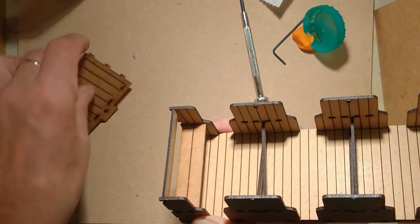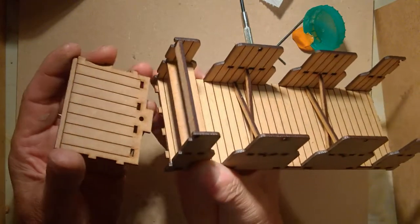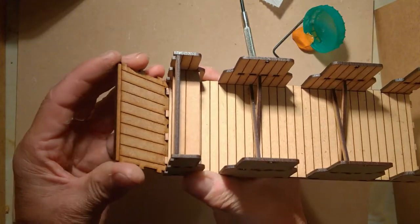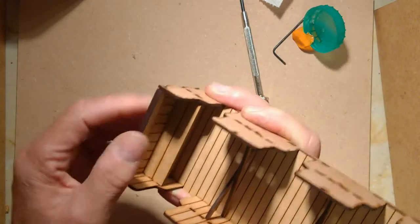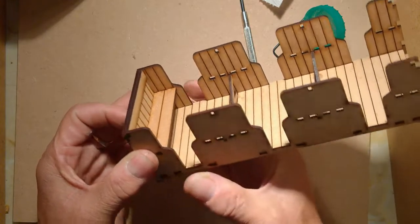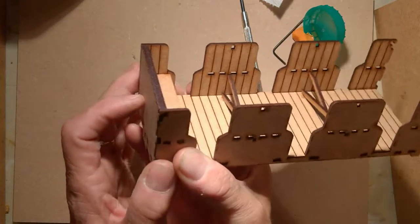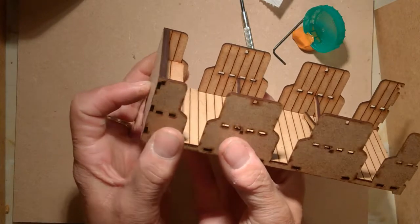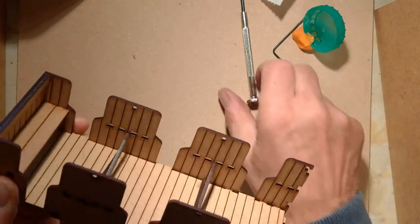Then take the back piece with the lines facing in, and you'll find all the lugs line up quite nicely. Jiggle it a little bit and then it goes in. So you can then hold it firmly there and push the back piece in. And if you change hands over, so you're pushing in with your finger and gripping tight, what we now have to do